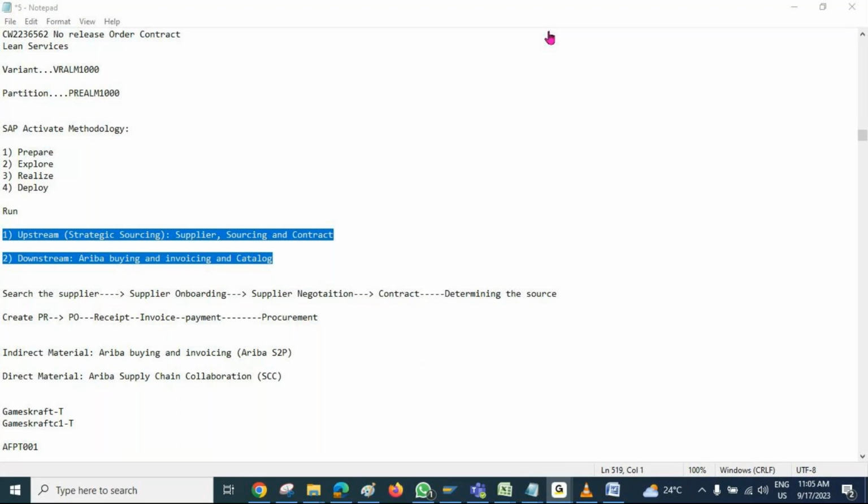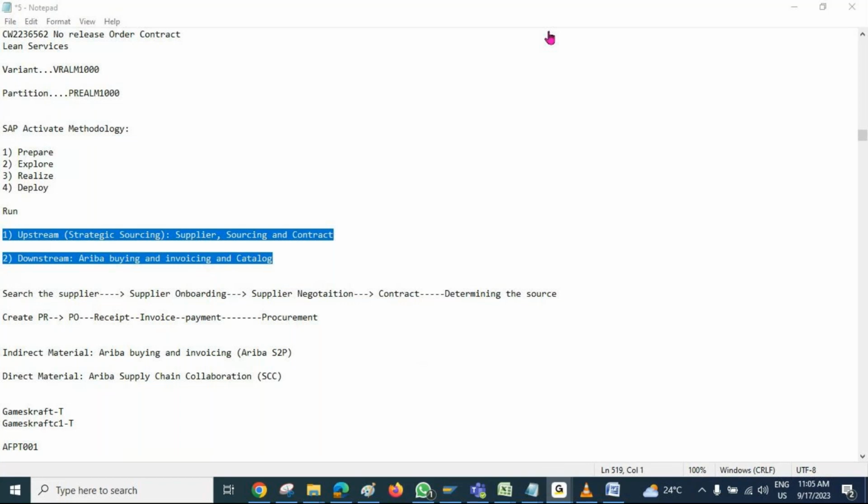Vikram, can you let us know what the prerequisites are to learn SAP Ariba? We don't have any prerequisites. If you have basic procurement knowledge, you can learn Ariba. I'm basically from the HR department, so I didn't do any ground-level work before joining this demo.